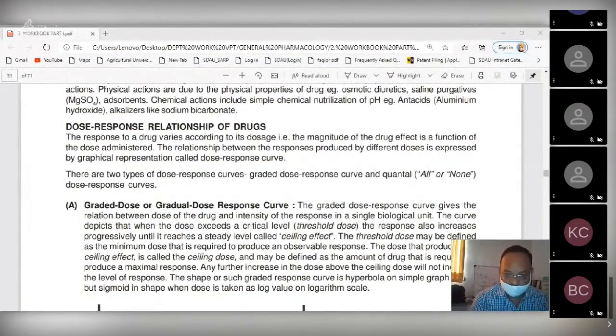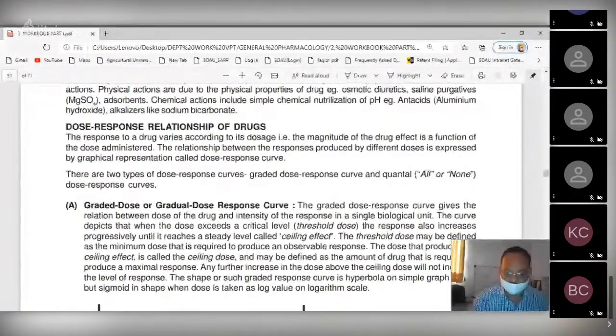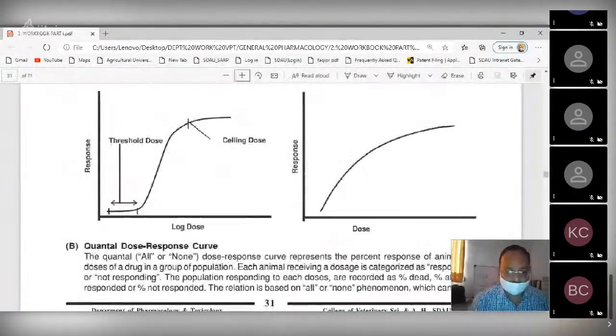Now I will show you the graph. Let me change the page. Here you can see the graph. On the x-axis, we will take the dose. On the y-axis, we will take the response. So as the dose increases,